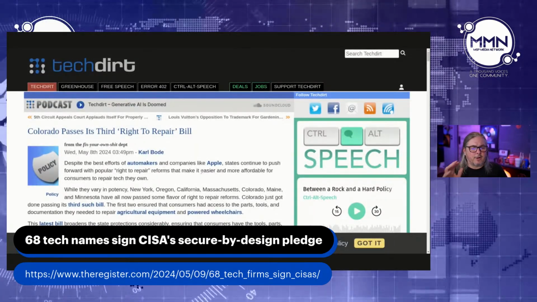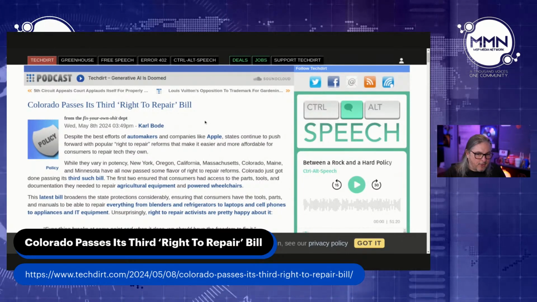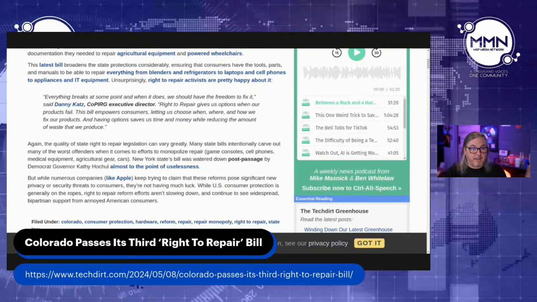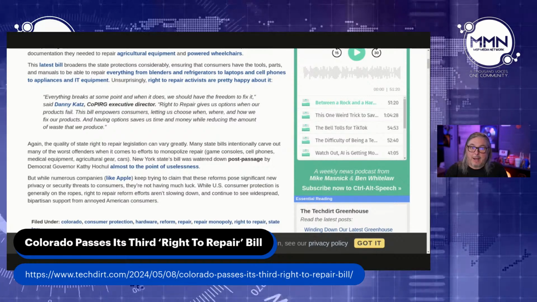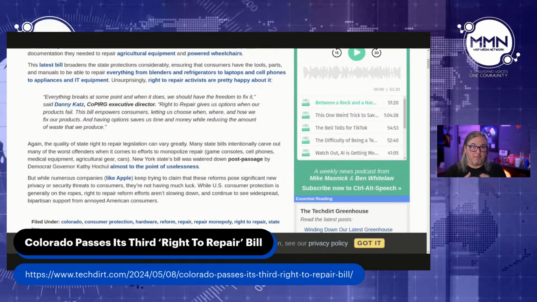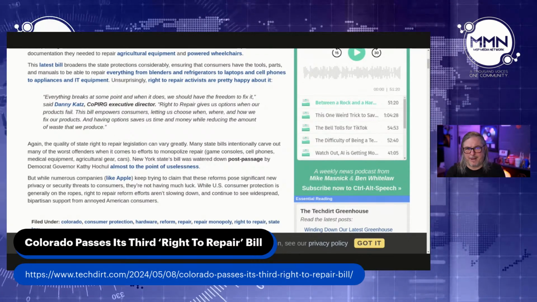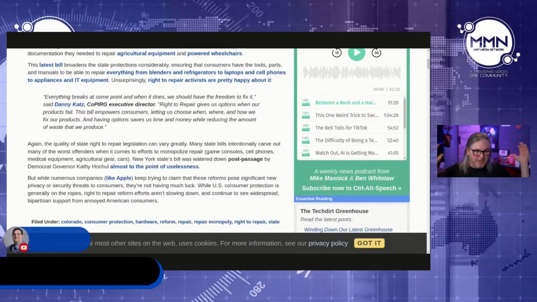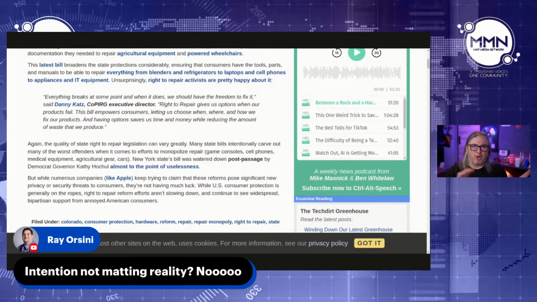Now, same thing here, a lot of good intention, and there's some varying efficacy of this, but Colorado passes its third right to repair bill. We're seeing a lot of progress move forward. Groups and people like us in the technical community have actually been really great because it's pretty unanimous. We all want the right to repair. There's not anyone in the technical community that I have met among my peers that says, oh no, I think companies should lock these things, screw them down tight, never let me see what's inside of them. So we are seeing a really big push across all the states.